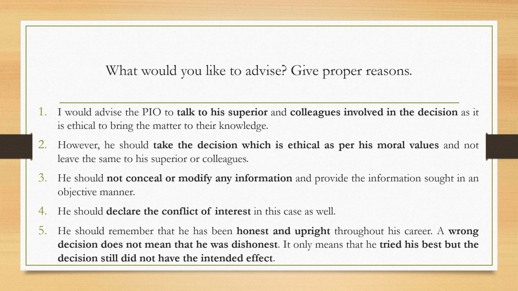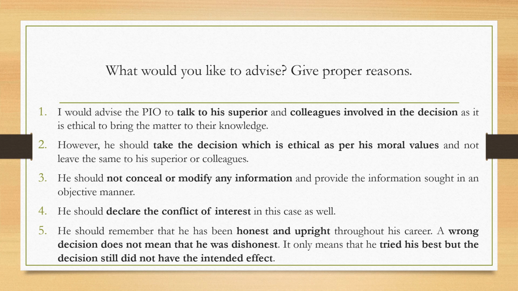The next part of the question deals with what would you like to advise? Give proper reasons. So there are two parts to this question: what you want to advise, and you have to give reasons as well. So I would advise the PIO to talk to his superior and colleagues involved in the decision, as it is ethical to bring the matter to their knowledge, because it is good to bring the matter to the knowledge of the superior because he is right above you in the hierarchy, and colleagues involved in the decision, because you know that this particular RTI deals to a decision that all of you took together, and it is your moral duty to let them know that such an RTI request has come up and that can adversely